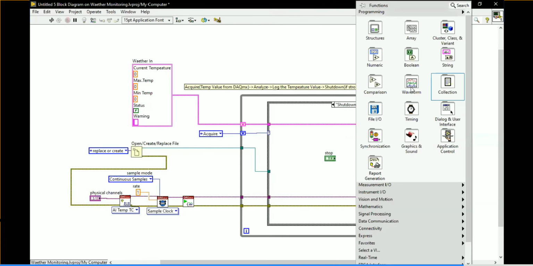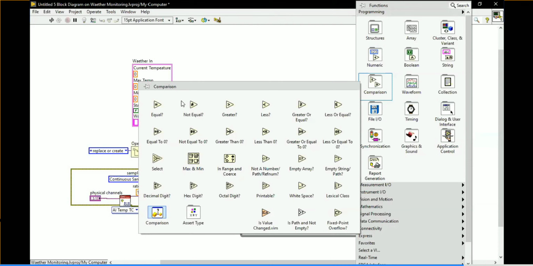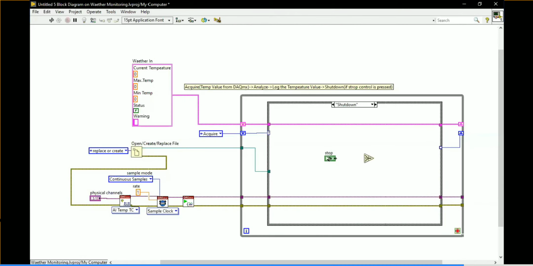So I'm going to take one select function here, under comparison, the select function. If I press the stop button, I want to shut down my program. So I am going to copy this enum and paste it here. Go for the shutdown case. If the stop button is true, it means shutdown, and connect the value here like this.